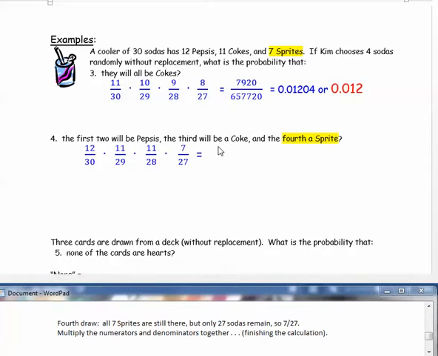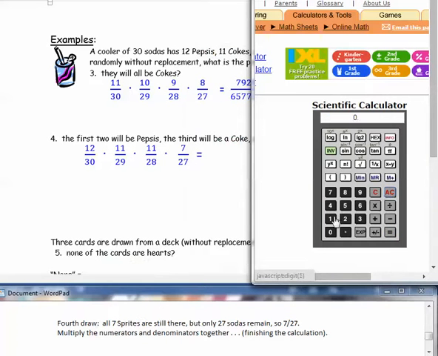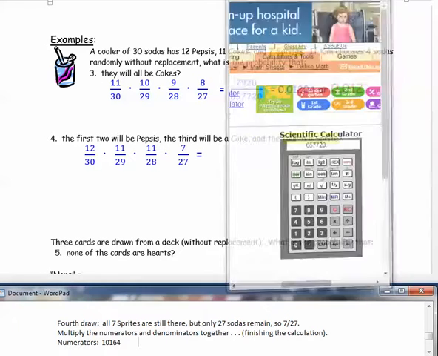Multiply the numerators and the denominators together. Numerators: 12 times 11 times 11 times 7 is 10,164. And then the denominators, 30 times 29 times 28 times 27 gives us 657,720. Oh, I guess I should have known that, because look back at part A, that was the denominator there,